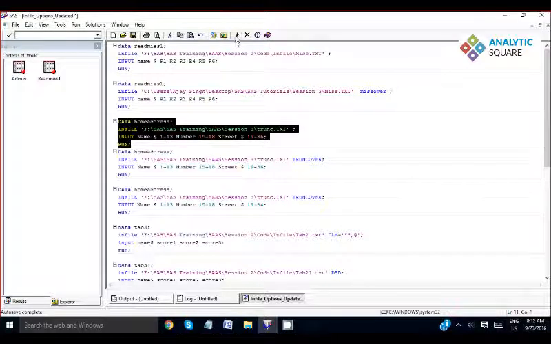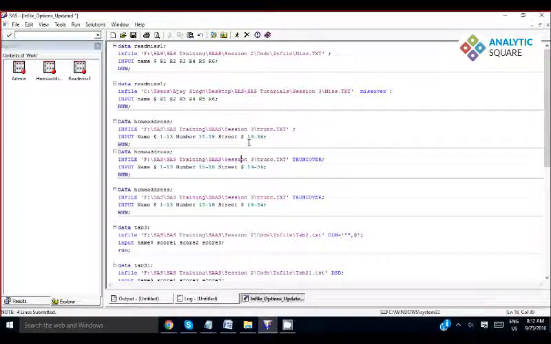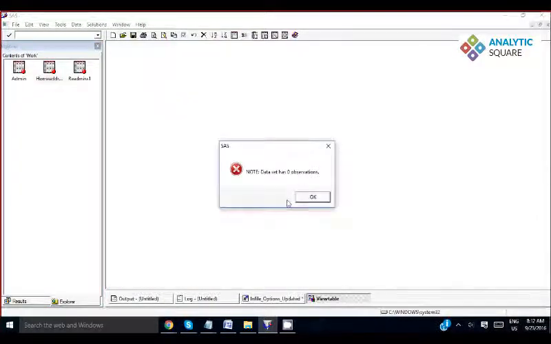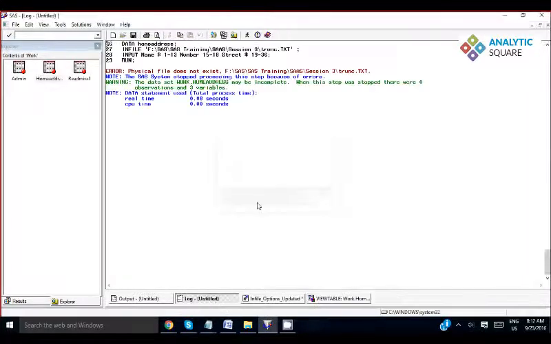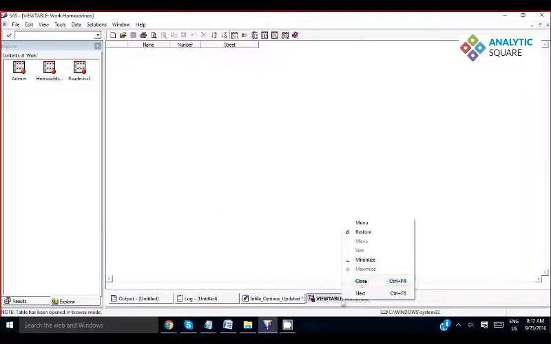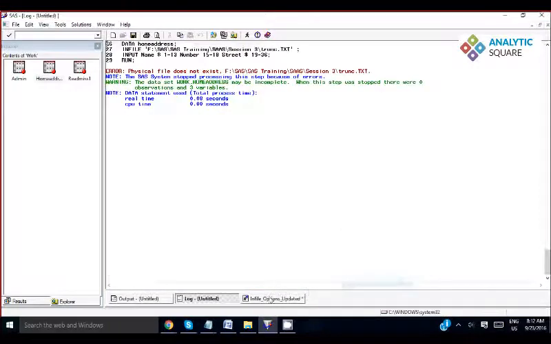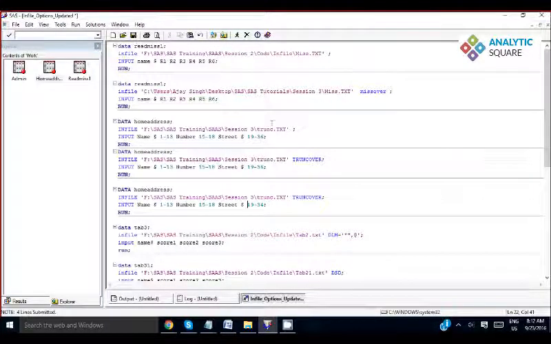Because you have defined the position from 19 to 36, let me go back. Okay, that is the error of the physical file path, so we'll have to go and change the physical path.